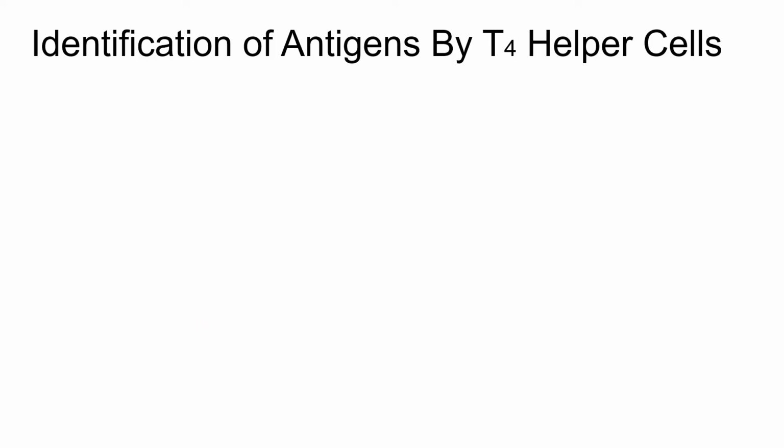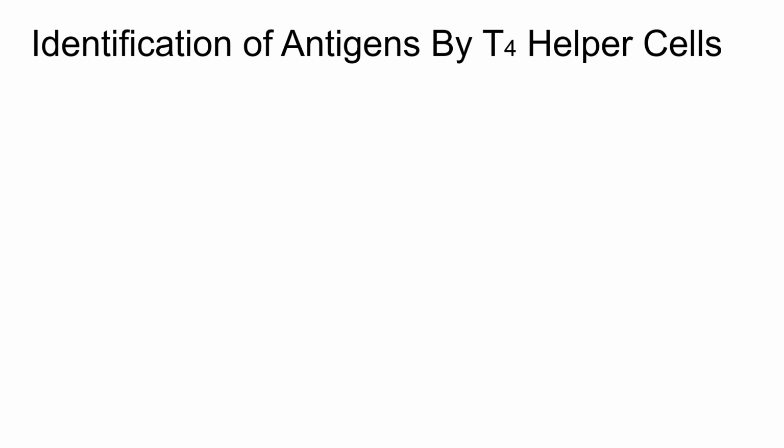The last thing to talk about here is how the T4 helper cells are able to identify antigens. Well, the actual answer to this is we don't know. Your book tries to tell you, oh, this is how it's done. Well, those are just hypotheses. We are really not sure. As much as we know, there's still so much we don't know. And one of the things that we don't know is exactly how T4 cells can identify the antigens, but they